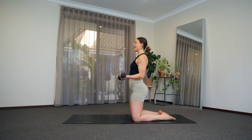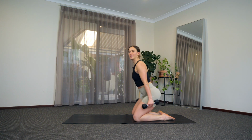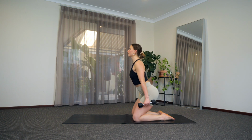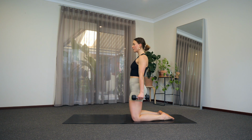Last 2, and last one there, weights go back by our sides, we lower it down, squeeze and lift it all the way up. Little break for those arms here, but not too much. Last 6, 5, 4, keep breathing here for 2, and last one there, squeeze it all the way up to the top,